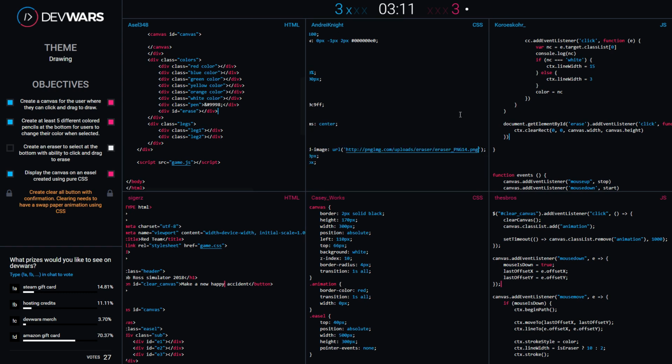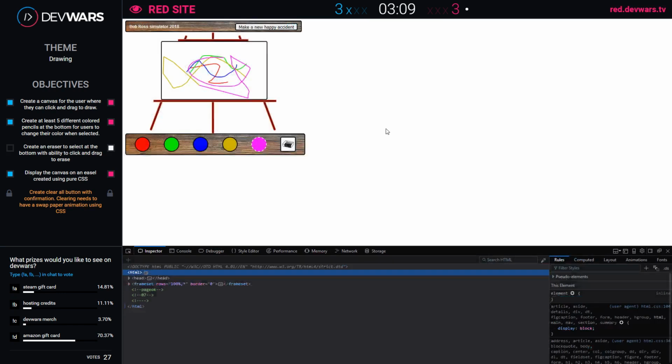Okay, objective number 4 just got requested on the red team. I'm gonna hit a refresh on that. All right, and that was create an eraser to select at the bottom with the ability to click and drag to erase. All right, so let's... oh, whoa, oh my gosh, that was so cool. All right, so anyways, let's